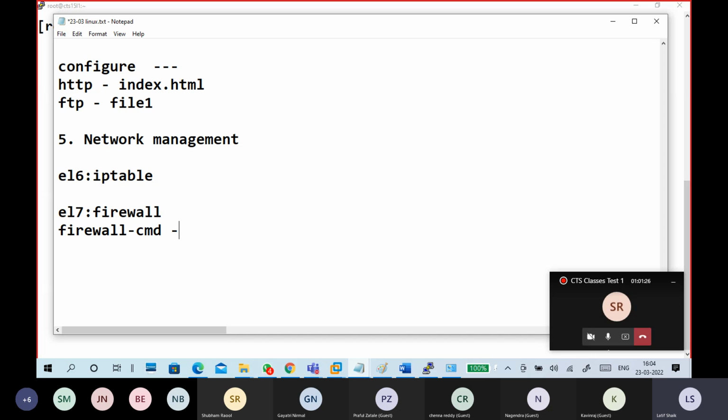Okay, so the basic command is always like a zone. When you are accessing through public, you have to tell whether it is the public zone or a private zone, and whether I'm enabling it permanently or temporarily. Then you add a port and the port number of the service, whether it is TCP or UDP. You can add a port, or a service, or a protocol. You can use that kind of stuff.